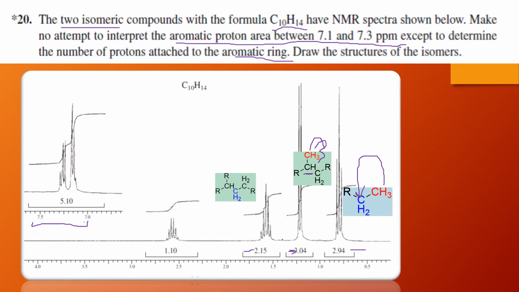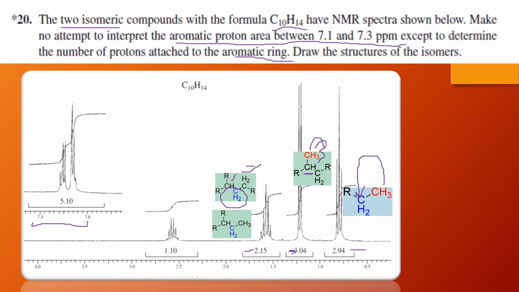So let's see. This is one possibility, right? This proton has 2 hydrogens, and it is attached to the carbon having 2 protons here and 1 proton here. So it is 3 and... no, there must be something wrong. Basically 2 protons and 2 protons, so 2 and 2 is 4, and 4 plus 1 is a quintet, right? But the other possibility is